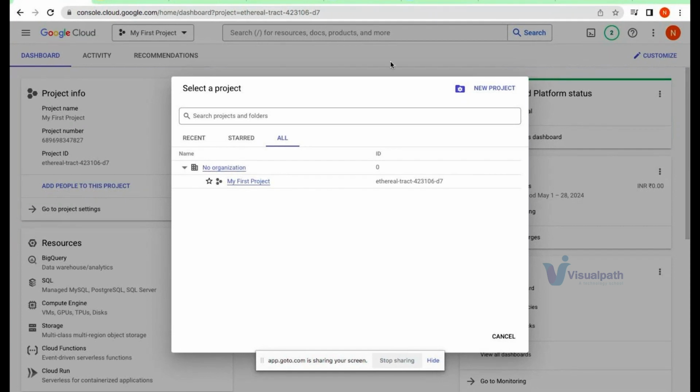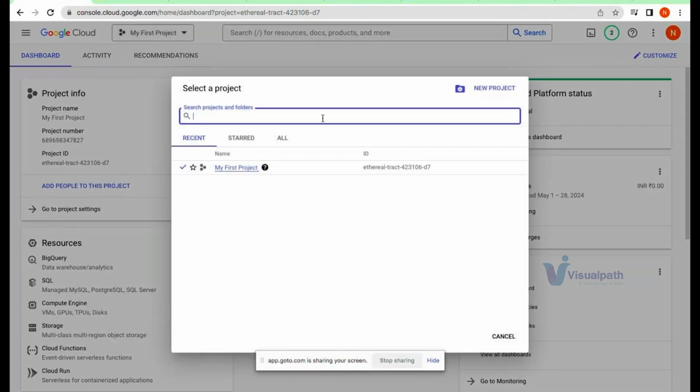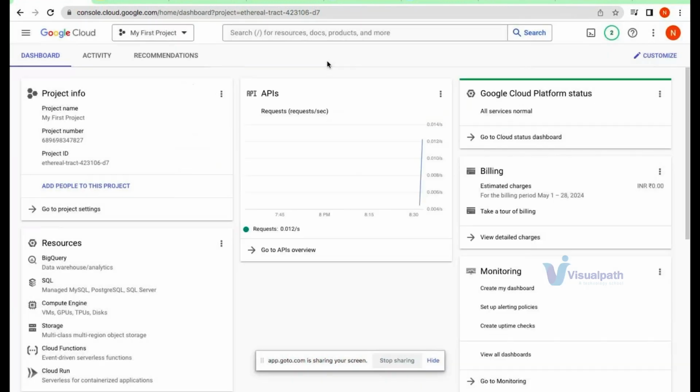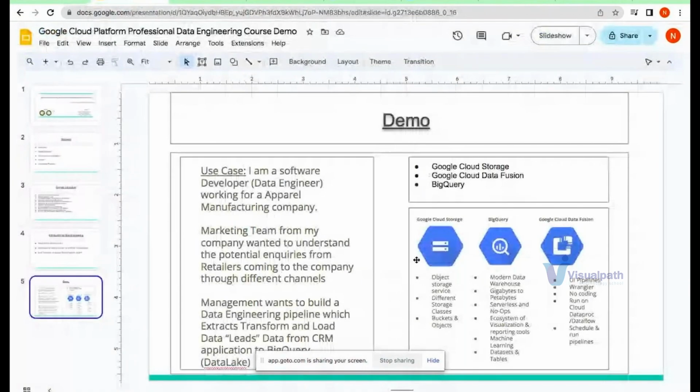So whatever we deal with, it will be associated with the project. So once you get yourself subscribed to this console, you're going to have a project created, and you'll be able to do your hands-on on these projects. Right? Now, without much ado, let's jump to the three products which we thought of discussing as